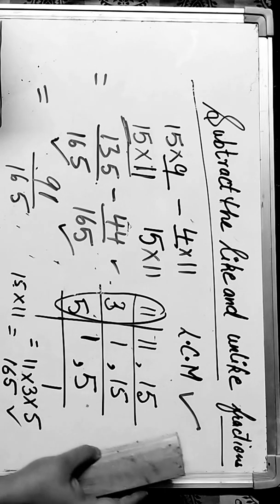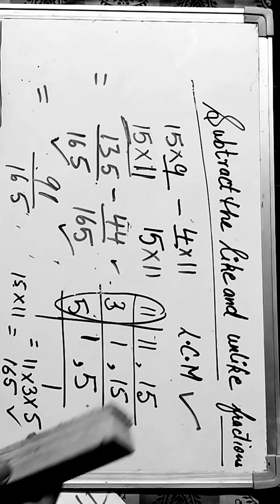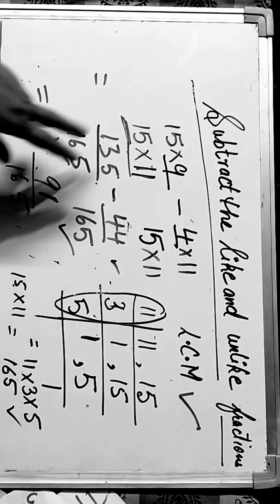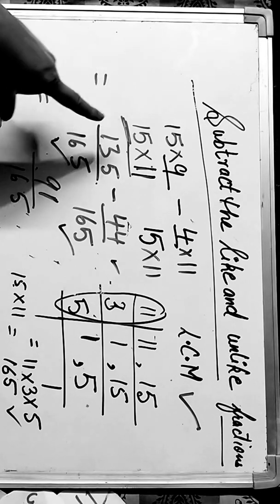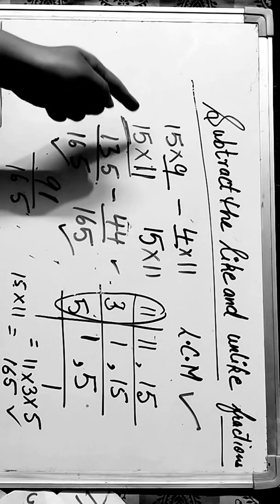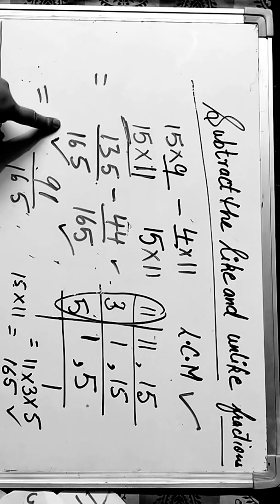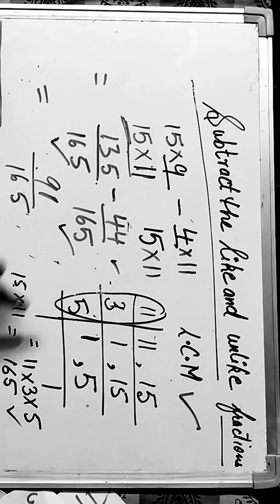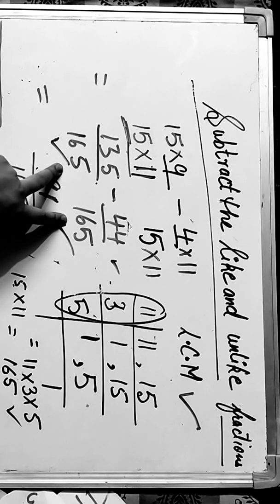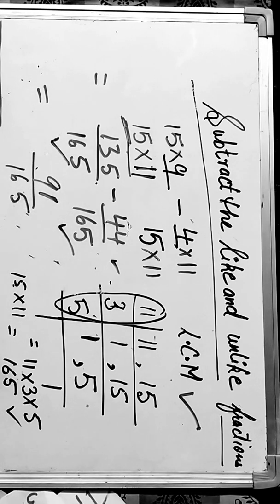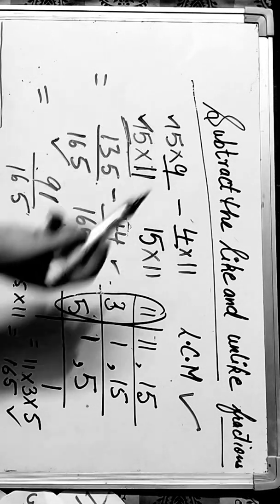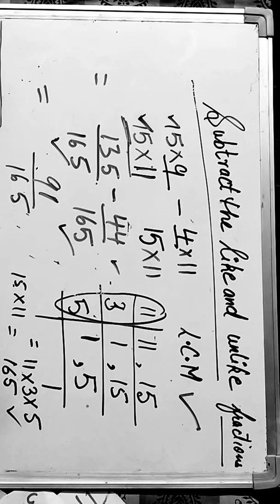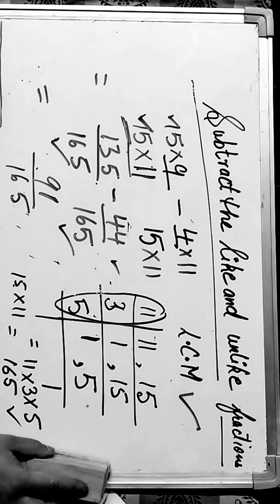Okay, so first step is we'll find out the LCM. The next step is we'll make the denominator same. For making the denominator same, we have to find out the number with which we multiply the given denominator to make it equal to the LCM we have found. Make the denominator same for both the questions. The most important thing is that you have to multiply the numerator and the denominator both with the same number when we are finding out the fractional piece size.